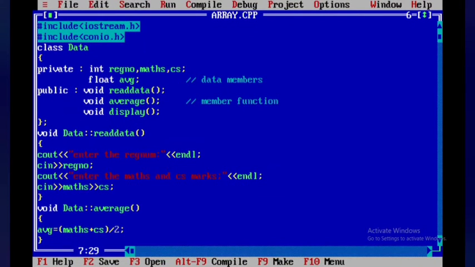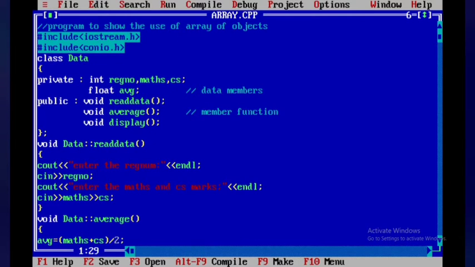Here we have a program to show the use of an array of objects. An array of objects means you can use objects in an array format, that means it is used to hold more than one piece of data.